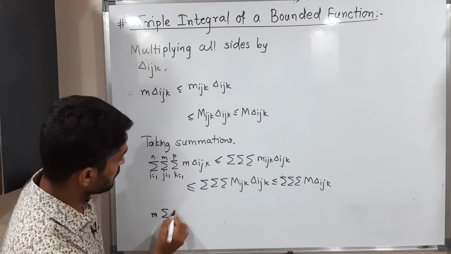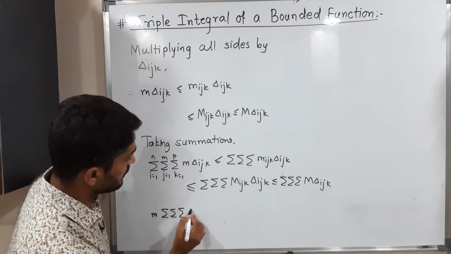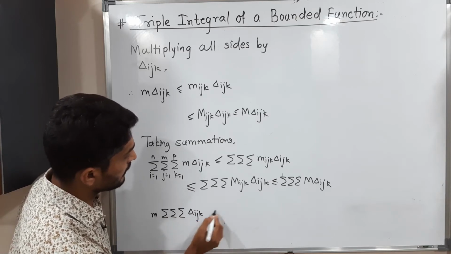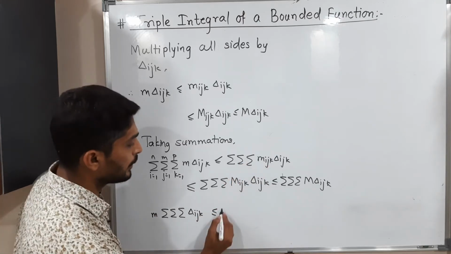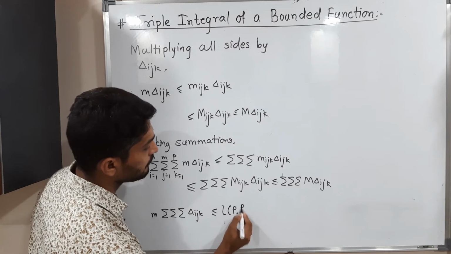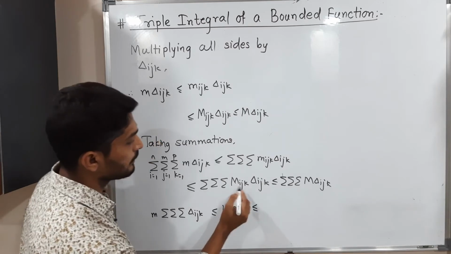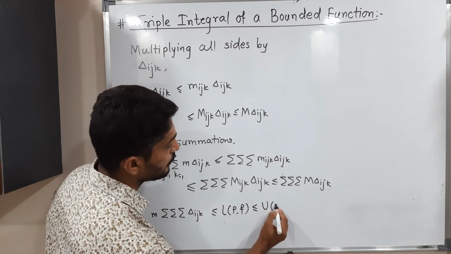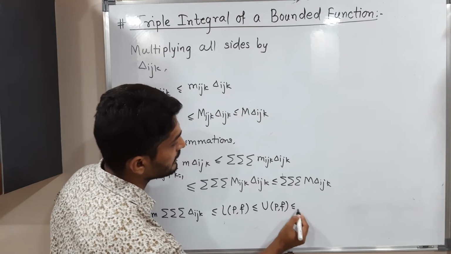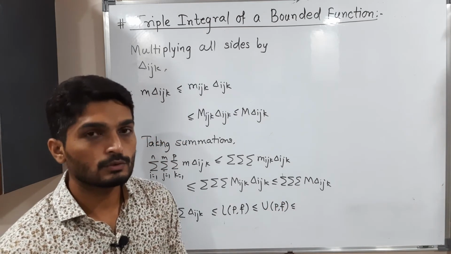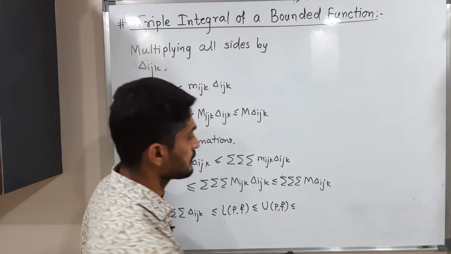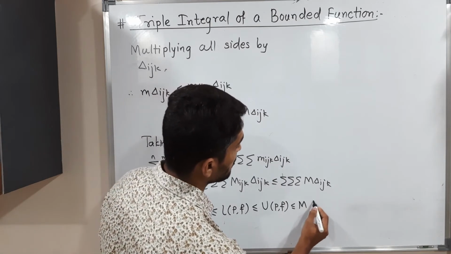We will have summation delta Ijk less than or equal to, you are familiar with that. This is lower sum LPF, less than or equal to, this is upper sum UPF, and less than or equal to. Here capital M is independent of ijk, so it will come outside all summations. So capital M summation